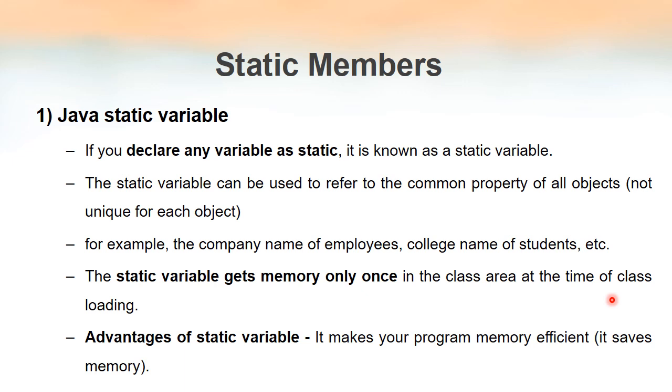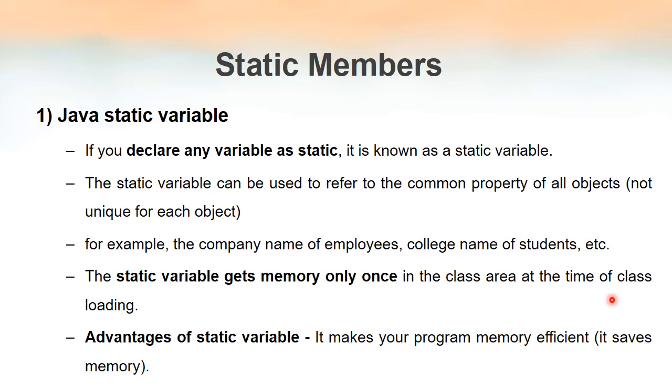Suppose I have a class. Inside the class I have 3 variables. All the 3 are not static, normal variables. So when we create 5 objects, each time we create an object, these 3 variables will be allocated separate space. For object 1, there will be one space for these 3 variables. For object 2, again a space will be allocated for these 3 variables. For object 3 also, for object 4 and object 5 also. So that much memory will be used up.